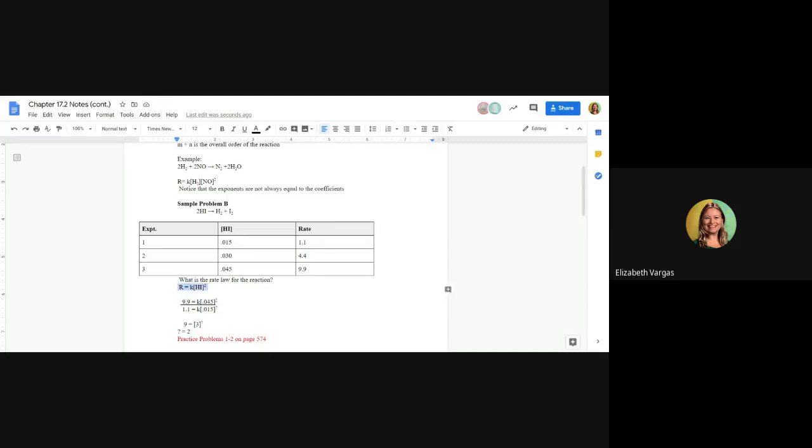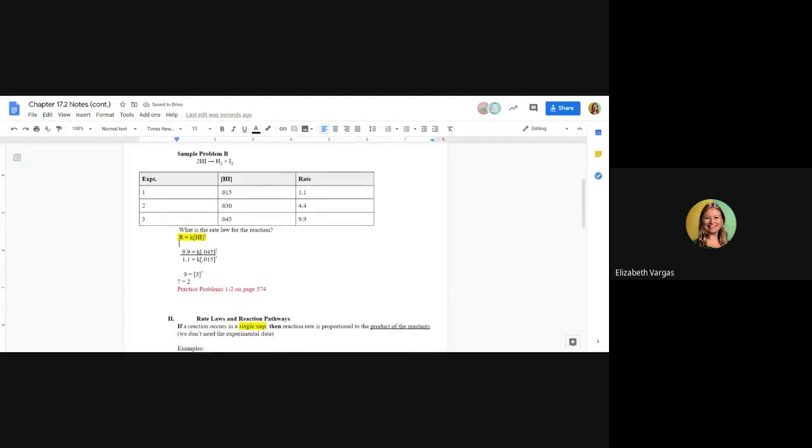You guys, after this, go ahead and try these 2 practice problems on page 574. And remember, the practice problem answers are in your book in the back, I believe. Okay, so you guys can look that up. So there is my rate law. Okay, so moving on,